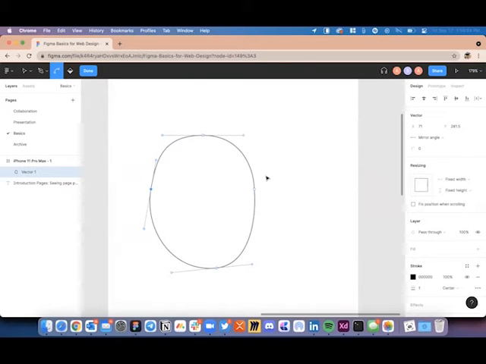So say you had to create a logo which has a curve in it, something like the Apple logo, you can also combine different shapes like different circles and create it. But for custom curvatures, you can use something like a pen tool. So yeah, that's about it.